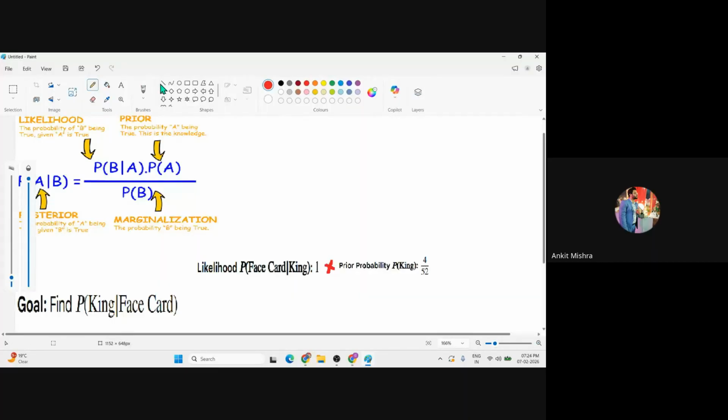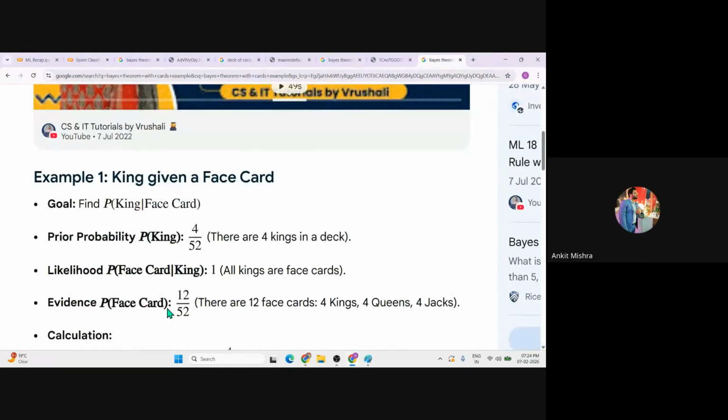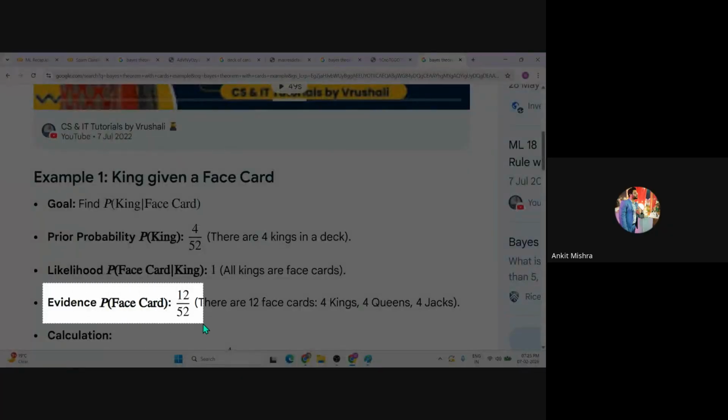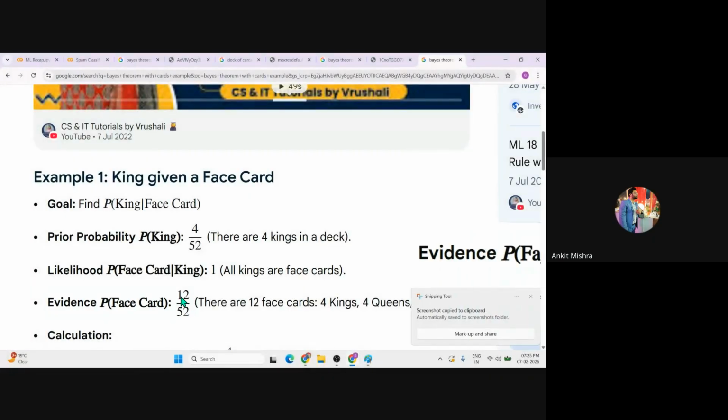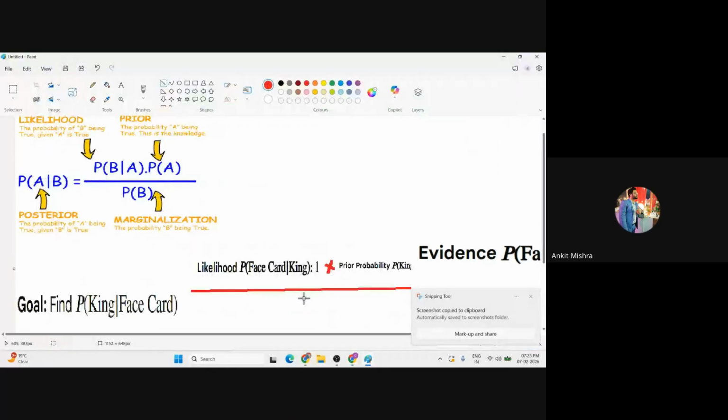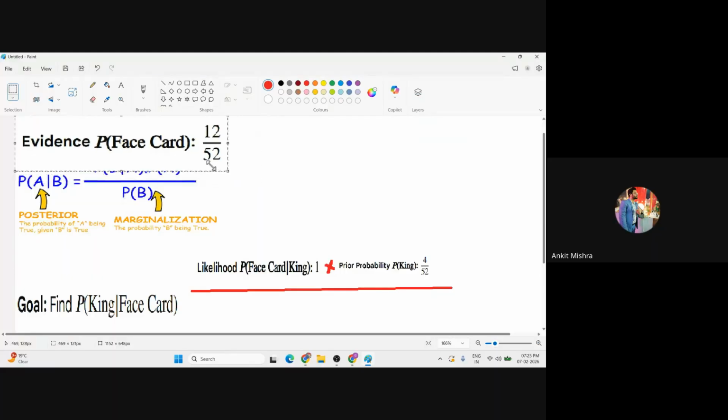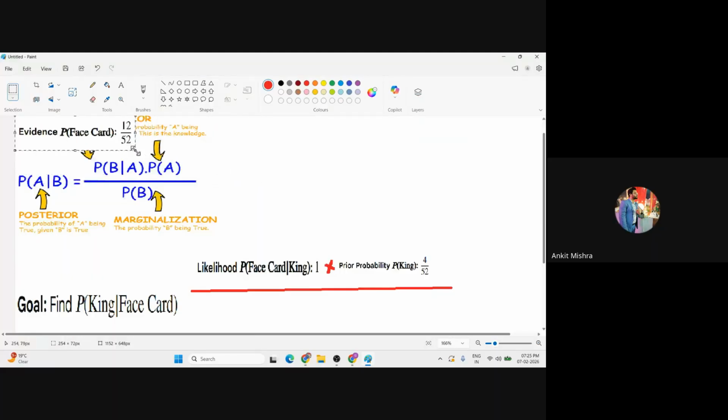Okay. Now we have to divide it by the probability of B, and the probability of B is nothing but the probability of face card. Now we know that out of total 52 cards, we have 12 face cards. So you can simply write 12 by 52. That is called evidence, right? Let's take a screenshot of this. Probability of face card is 12 by 52, and you can solve it: 12 by 52 is, 4 threes are 12 and 4 thirteens are 52, so it's 3 by 13. It's the probability of face card. Okay, let's paste it here. This is the probability of event B, and event B is called the evidence.